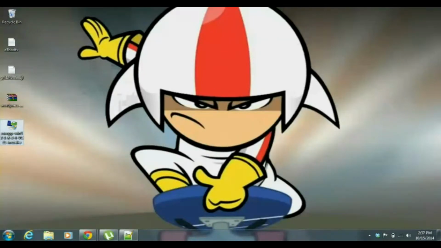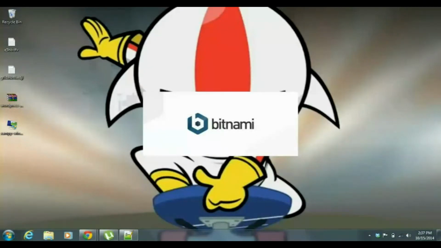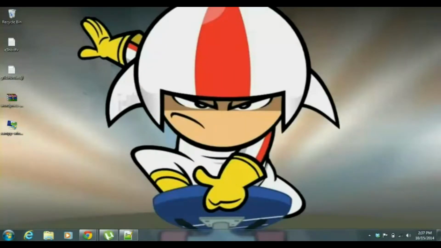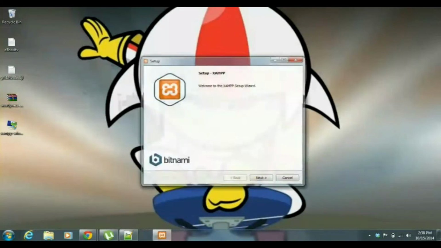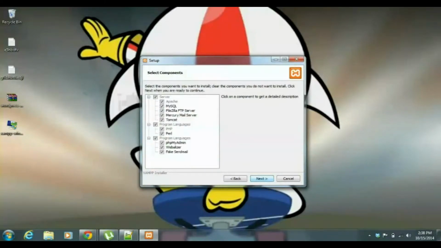Okay, going through the instructions step by step and installing XAMPP. Yes. Okay, next. Yeah, we have to install all of these because we need phpMyAdmin for the database we require